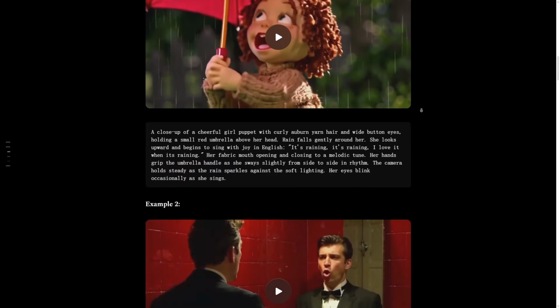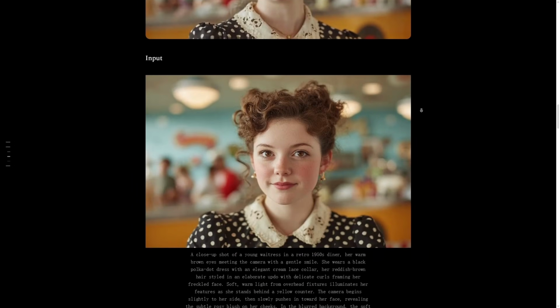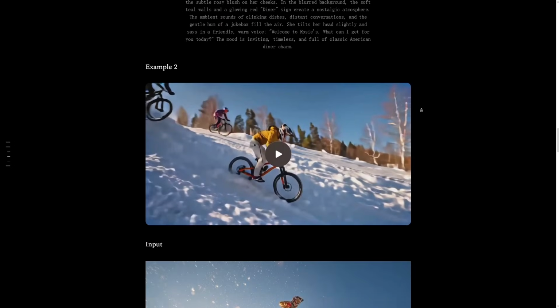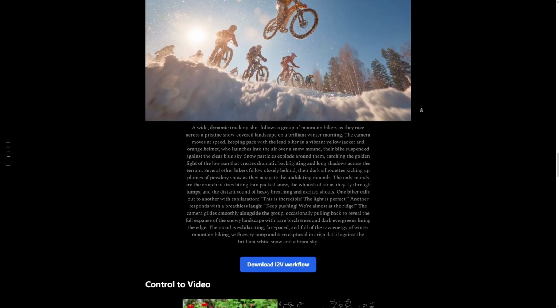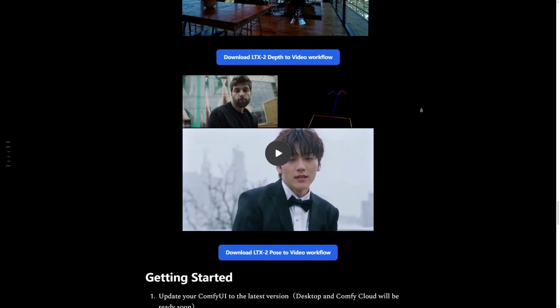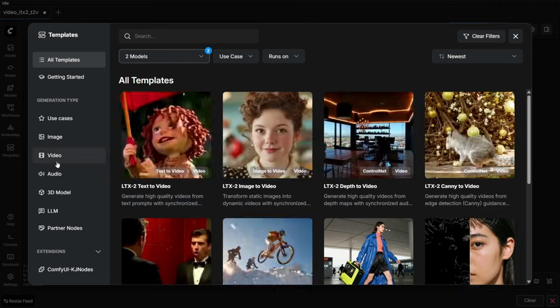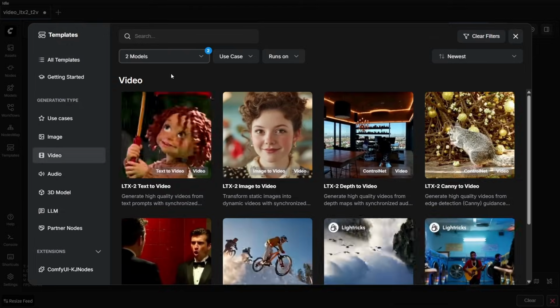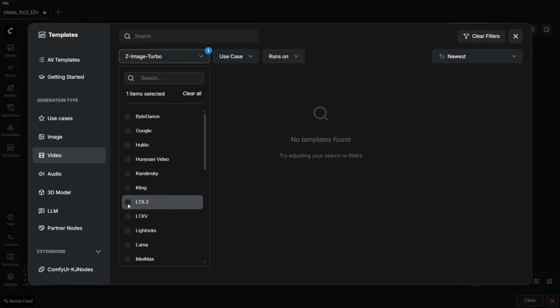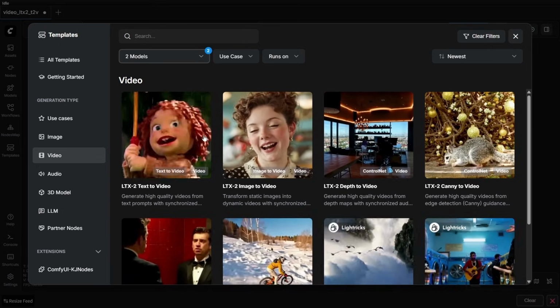Right now, the downloadable workflows available include text-to-video, image-to-video, and video control workflows using depth, pose, and Canny models. You can download these workflows and drag them directly into your ComfyUI to run them. There's another way to access them. You can update your ComfyUI to the latest version, then click on Templates, select Video, and in the download list, check LTX-Video. At this point, you will see the text-to-video workflow, the image-to-video workflow, and the workflows using ControlNet to